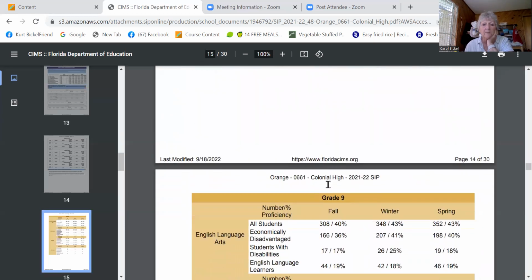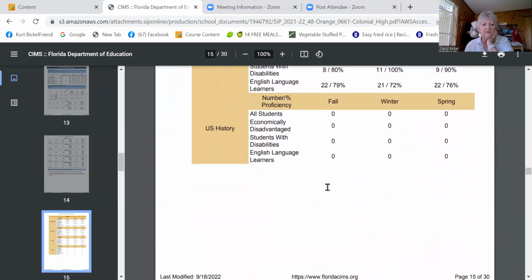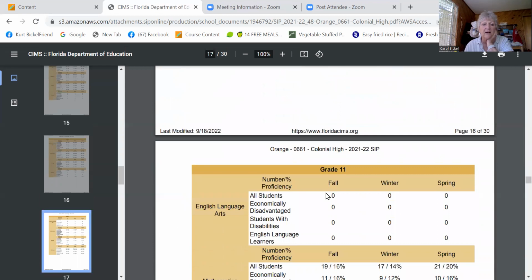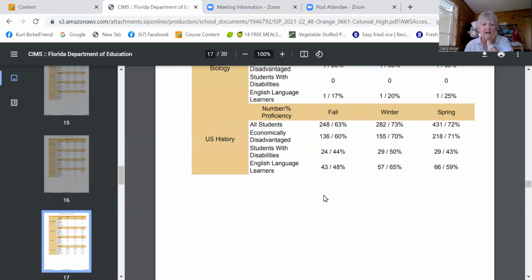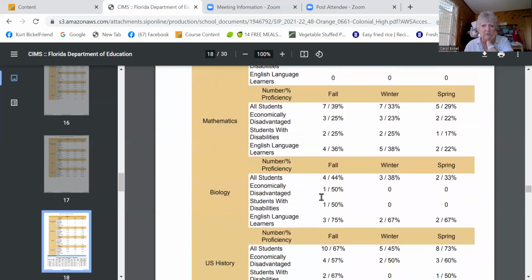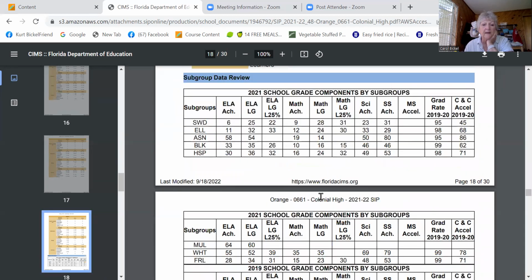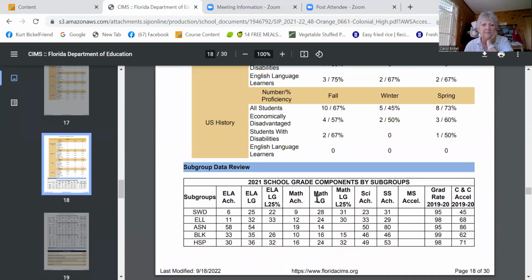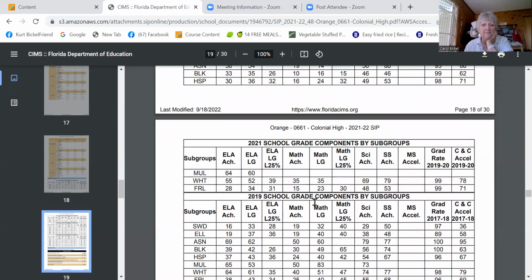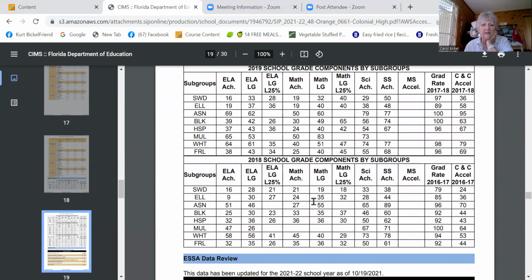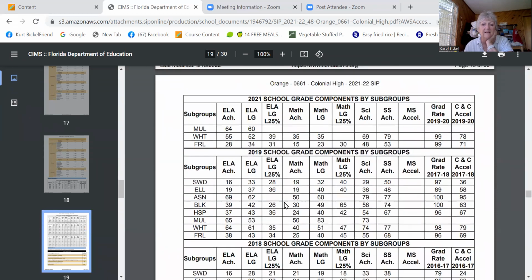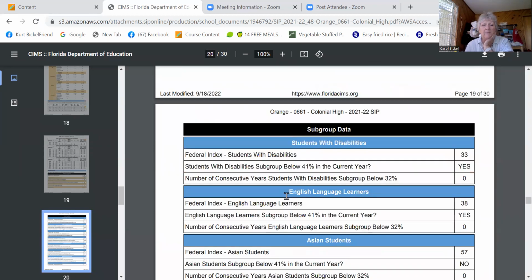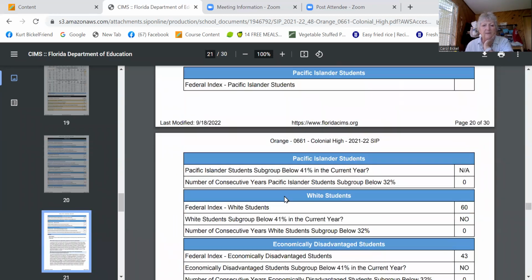All right, I'm going to skip on down. You're welcome to look over this. It breaks it down into different subject areas and how the kids are doing generally. Now, this really breaks it down, as you can see. This is 21, here's 18, here's 19. Anyway, by subgroups, how did they do? But I'm going to skip on down